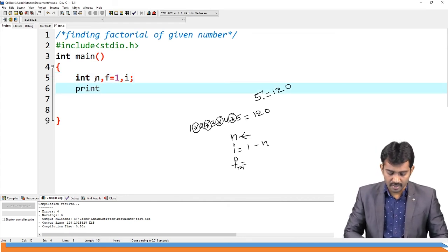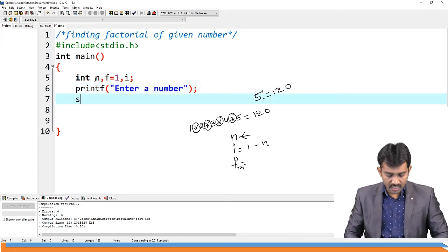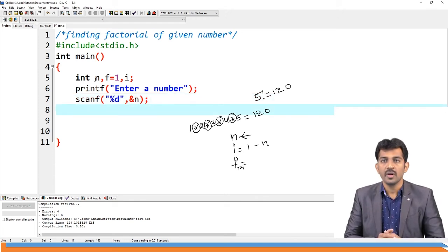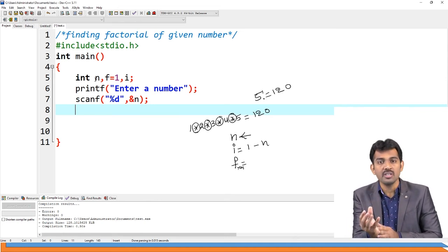Next thing, printf enter a number, right? And after that scanf of %d comma ampersand n, right? So n value is 3. I have the n value. Next my task is to find the factorial of the given number. We are going to do multiplication repeatedly, so you need to put the multiplication into the loop.